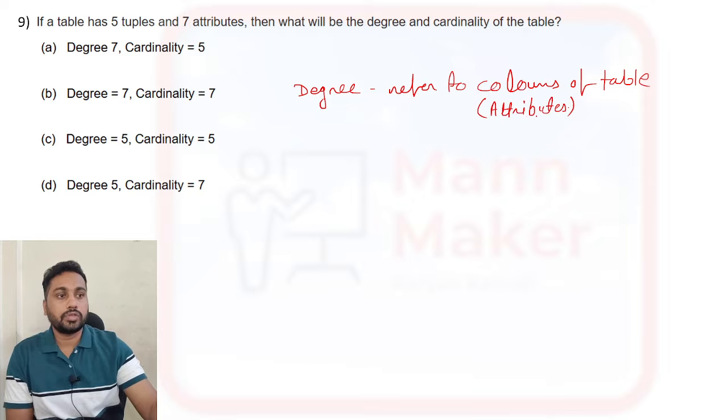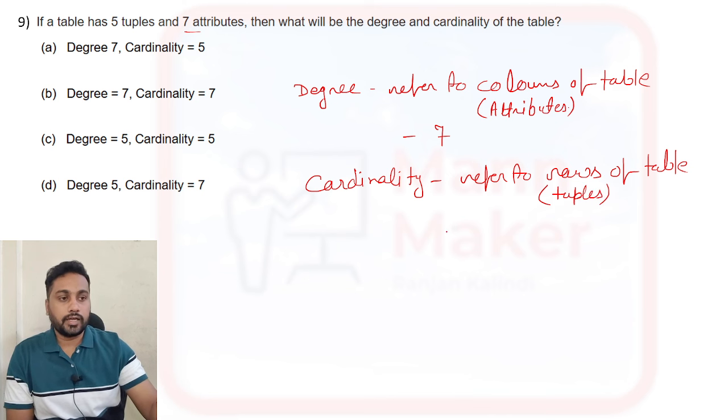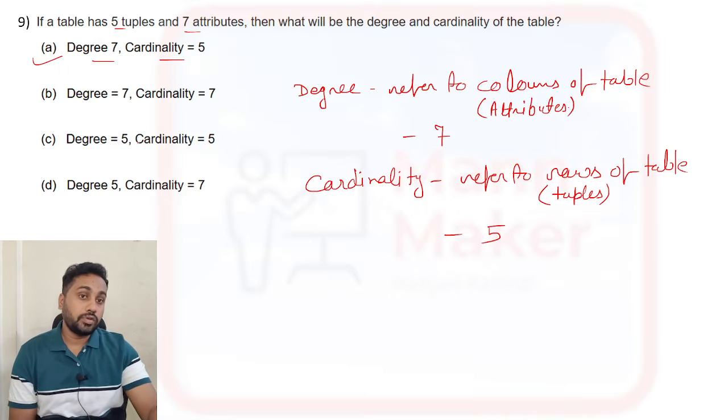Okay, attributes. Here it is given that the attributes are 7, so your degree is also 7. Similarly, they have asked about cardinality, which refers to the rows of a table. The rows of a table are called cardinality, and these rows are also called tuples. Here tuples are given as 5, so your cardinality is 5. So from here you can say option A, degree is 7 and cardinality is 5, so option A is